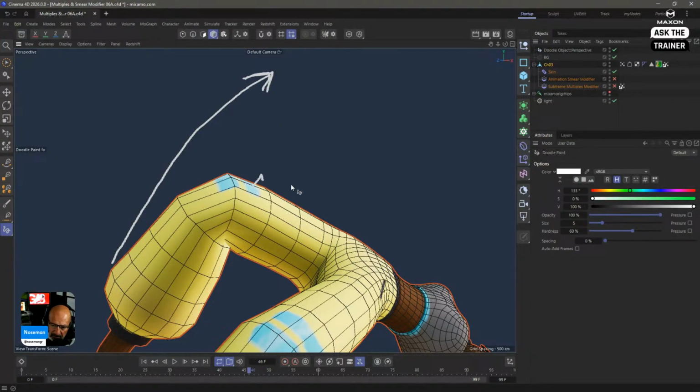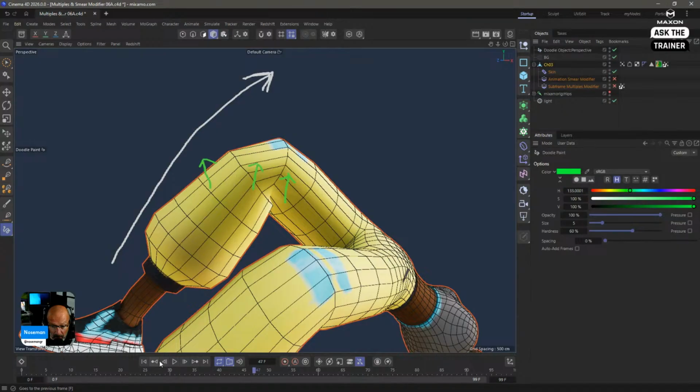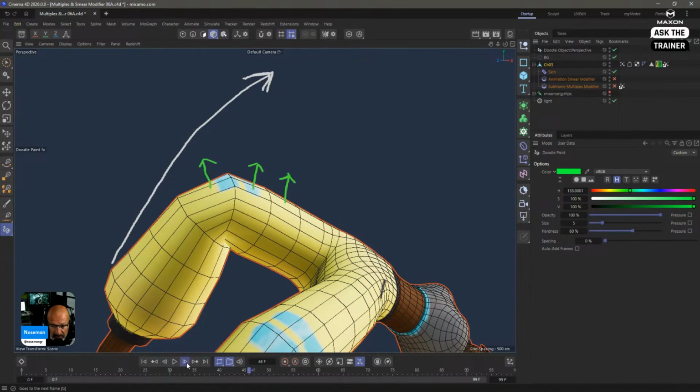So this polygon here, oops, I need a green color. There you go. So this polygon here is facing that way. This is facing that way. This is facing that way. The polygons, when the leg is moving upwards, the polygons that are facing in the direction of motion are going to move properly. We want them to move where they need to move. But the polygons that are facing not exactly that way, we want them to kind of stay where they are to create that illusion. So imagine this is the bottom part of the leg, okay?